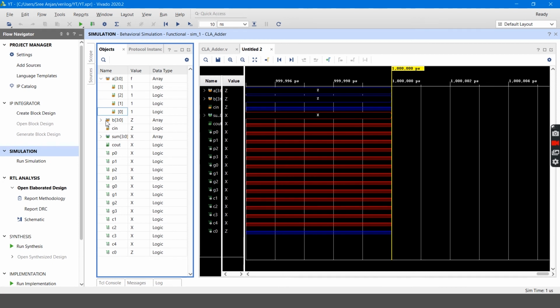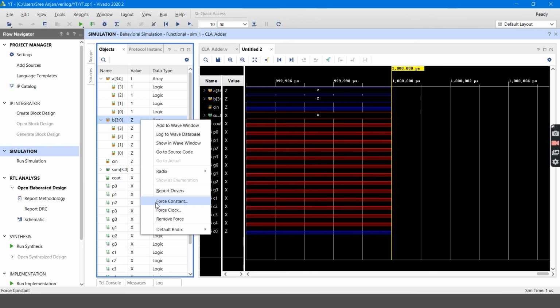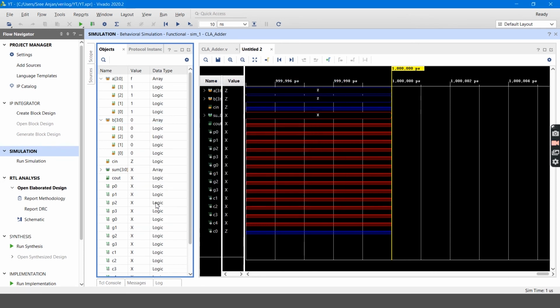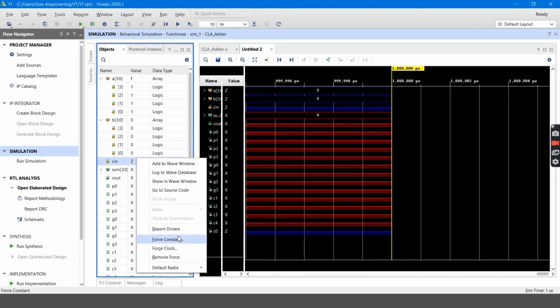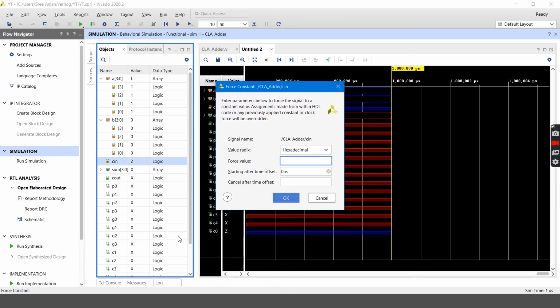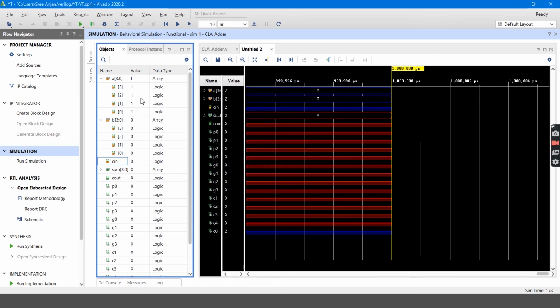Again A as 1, B will be given as 0, and C will be given as 0 again. And here I have given all the inputs, and let's see what the output will be.